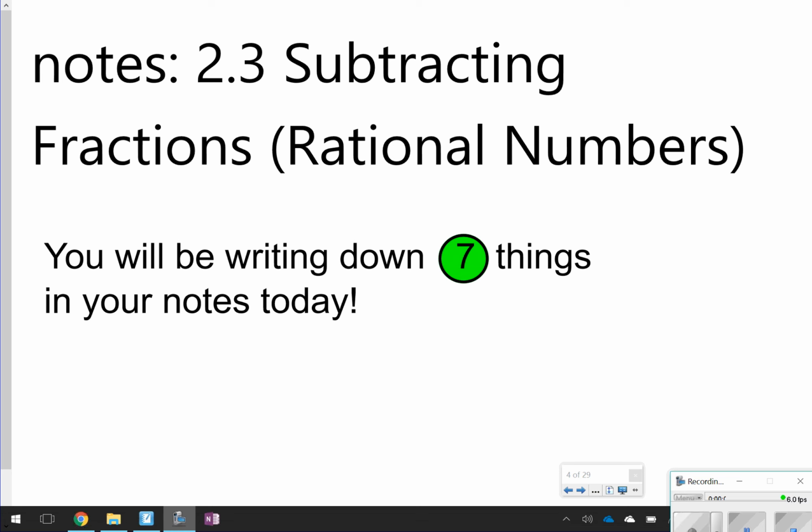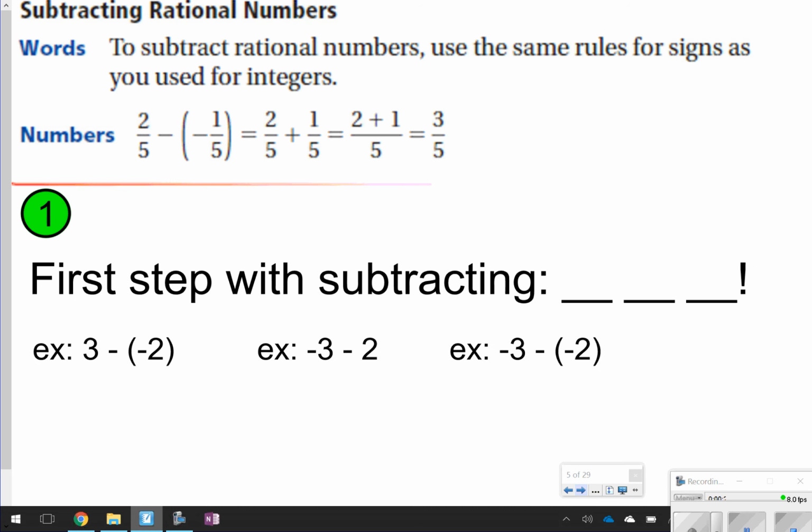Today's notes are going to be focusing on lesson 2.3, subtracting fractions. We're just going to be looking at fractions today. This is from your Big Ideas textbook, chapter 2, lesson 3, with rational numbers. Today you're going to be writing down 7 things in your notes, so go ahead and get your notes titled, and let's get started. The first thing we want to write down is we want to make sure we understand